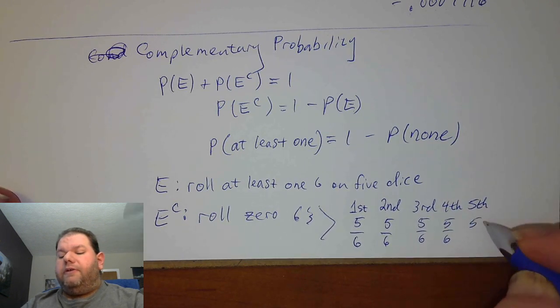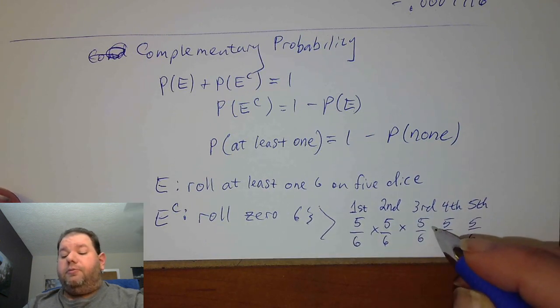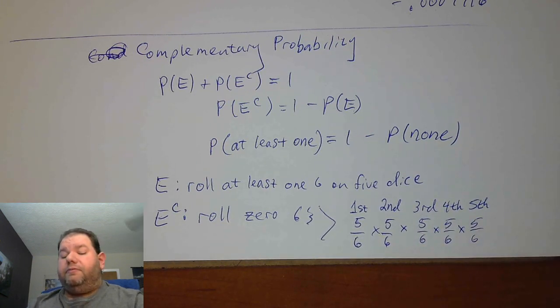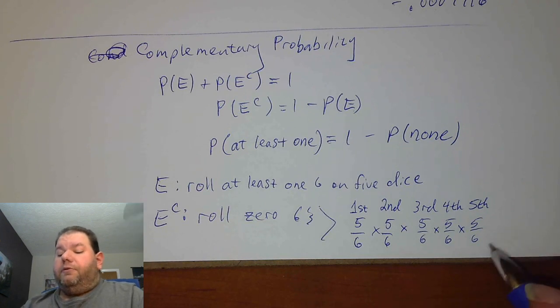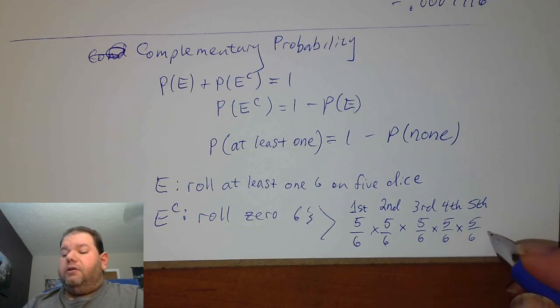Now, whether or not we get a 6 in each roll, we know these events are independent, so we can multiply their probabilities together. So, we want 5 over 6 times itself 5 times. And again,